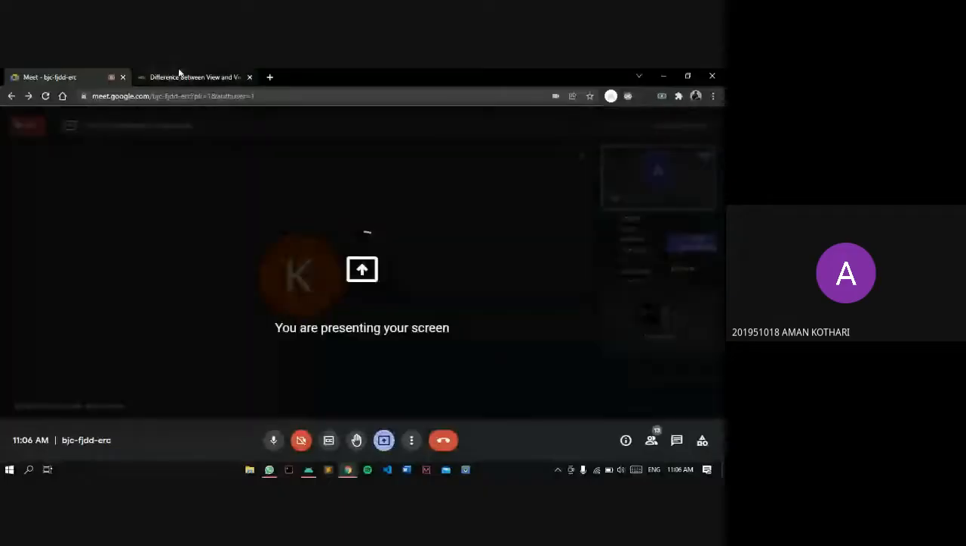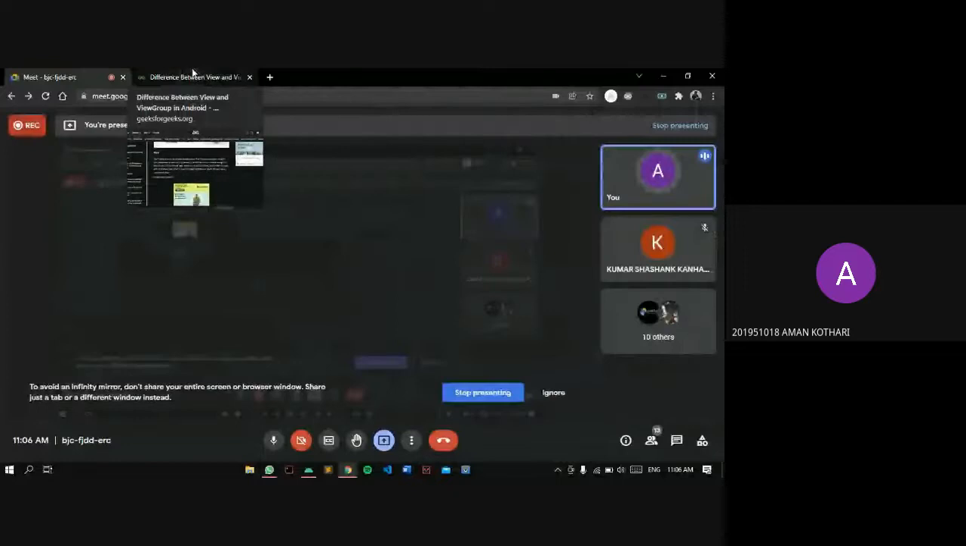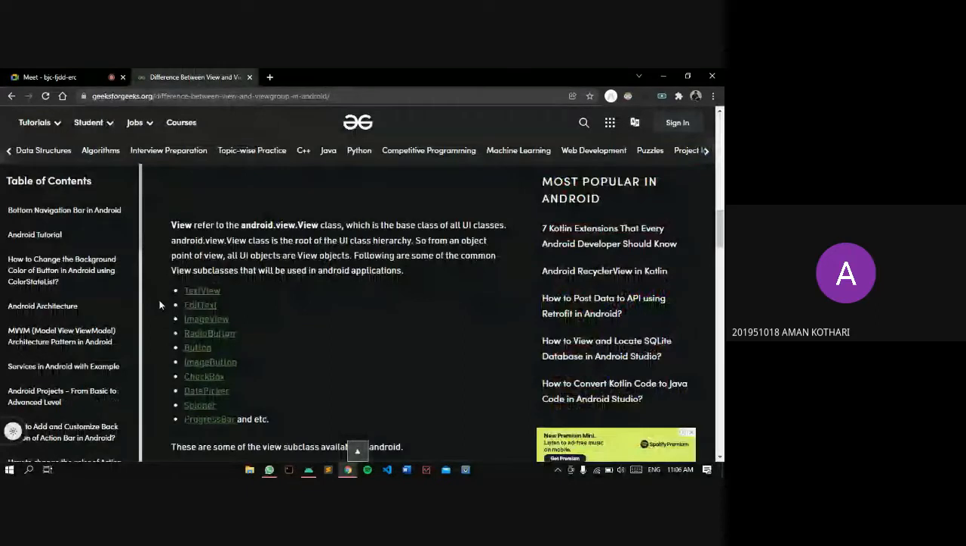So I'll just share my screen and, 1 second. Is my screen visible? Yeah. So there are different types of views like text view, image view, edit text. Edit text is one in which the user can enter something, enter any password and then